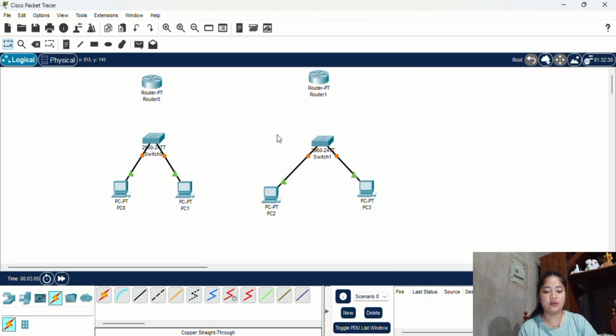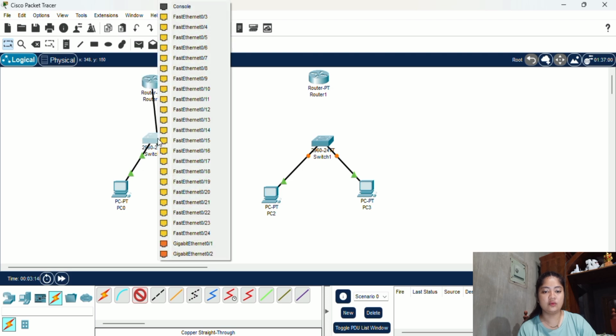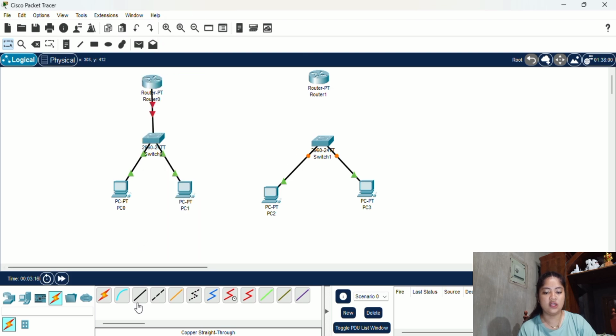And also connect the router to the switch using the copper straight-through: FastEthernet 0/0 to FastEthernet 0/3. And also for the other router, FastEthernet 0/0 and FastEthernet 0/3. And connect the routers using the automatic connection. We use the serial